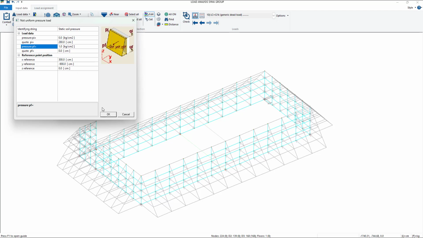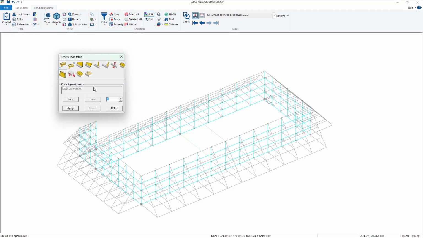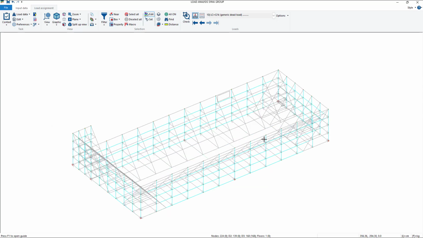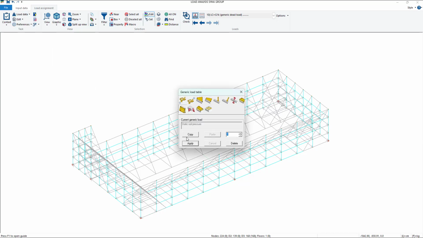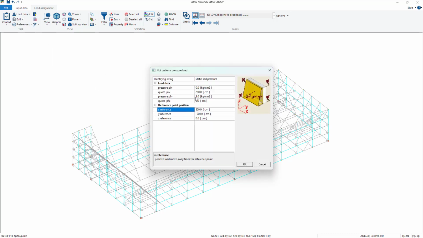Let's have a try. If I cancel the minus, I go OK, apply. As you can see, it is exactly the opposite. So I have to go to the generic load and insert the negative sign.